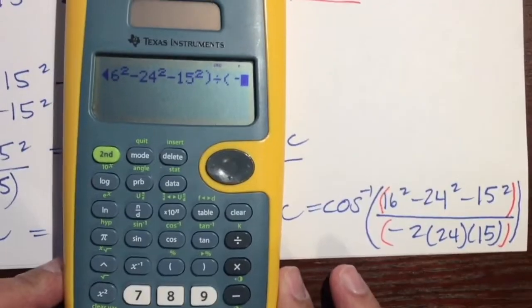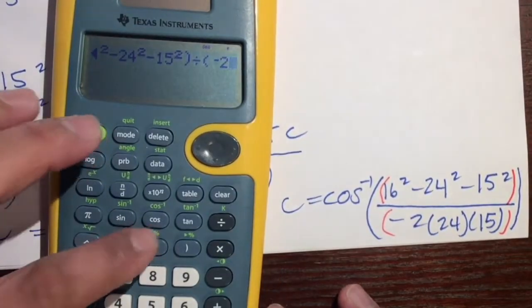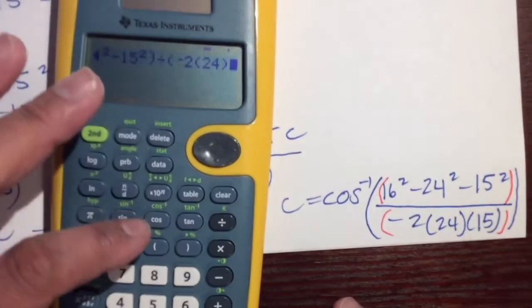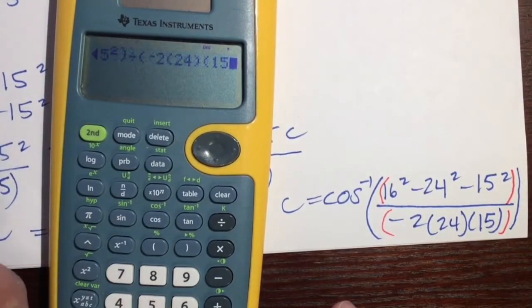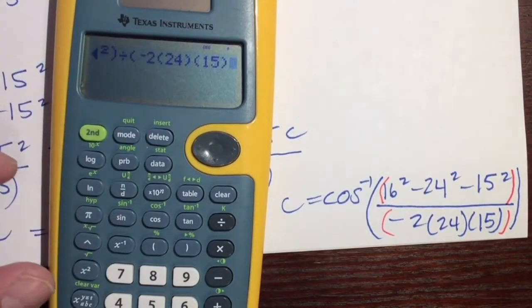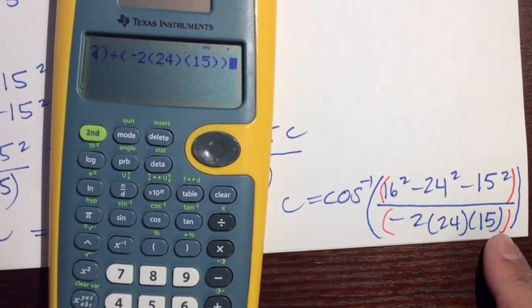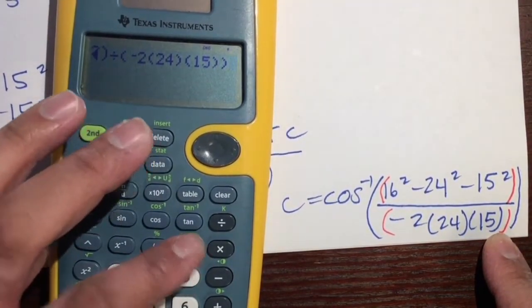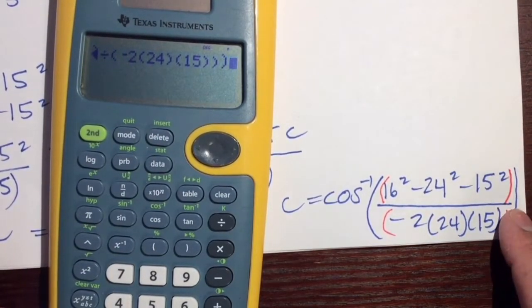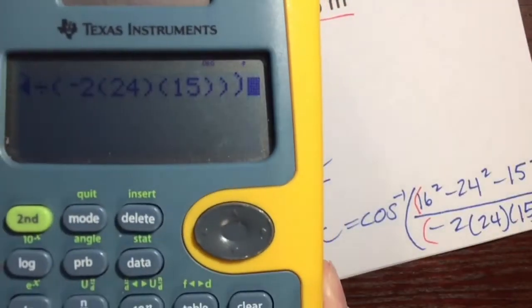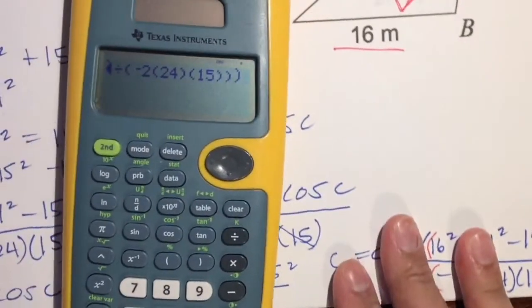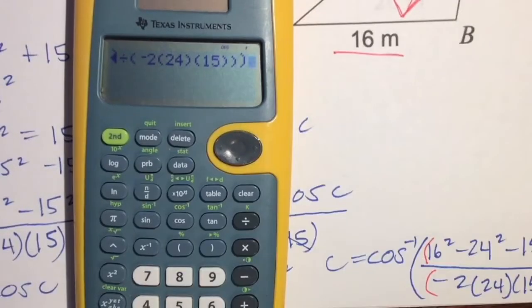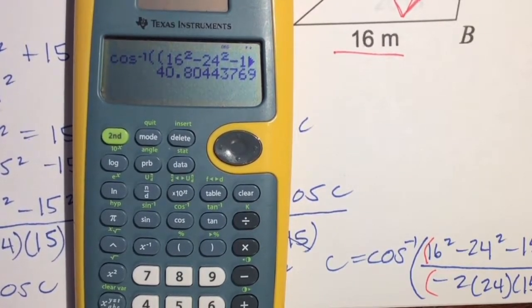So negative 2 times 24, close parentheses, open parentheses, times 15, close parentheses, and then close parentheses. That'll be the red parentheses, and then one more close parentheses for the big parentheses right there. And look, my calculator even gives us a bigger parentheses. So it says that we're all closed. We have an equal amount of open parentheses and close parentheses, and let's press enter, and hopefully that gives us the correct answer, and that is the correct answer,